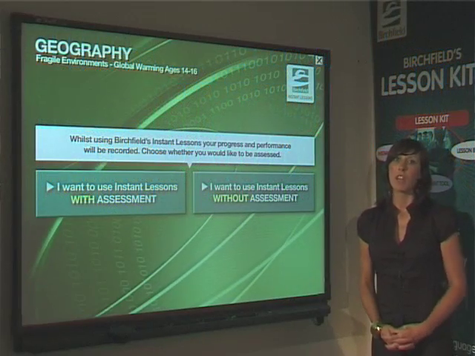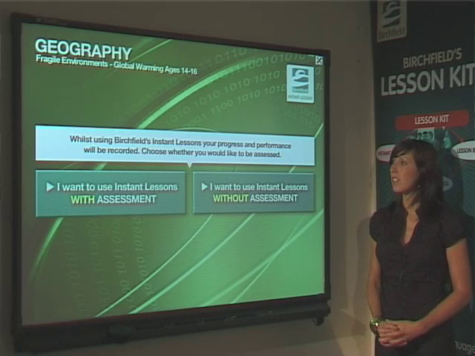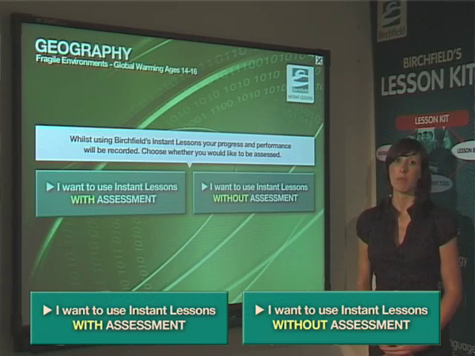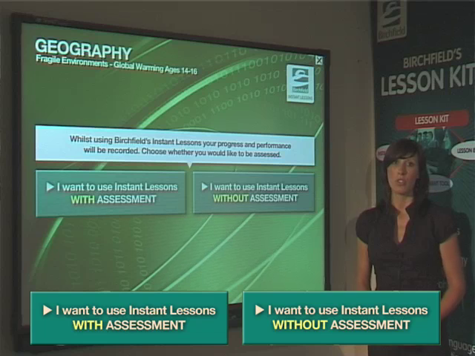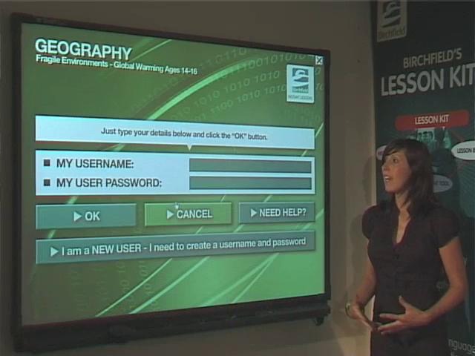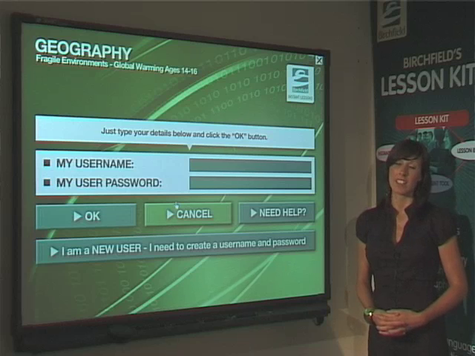The first screen that you will come to is the login screen. Here you have two options: to use the Instant Lessons with assessment or without assessment. If you would like your students' progress tracked and the results saved, opt for assessment. This will allow all the information to be saved in the assessment tool for you to access at a convenient